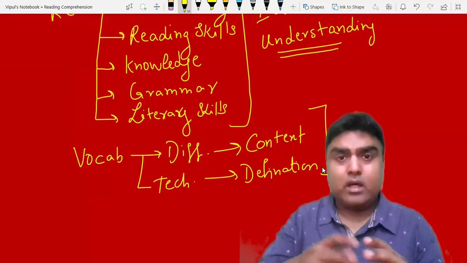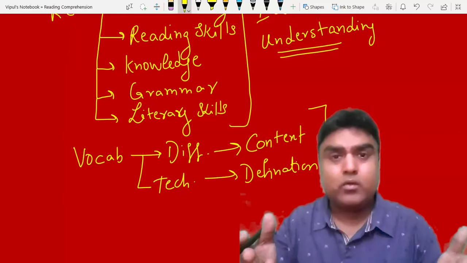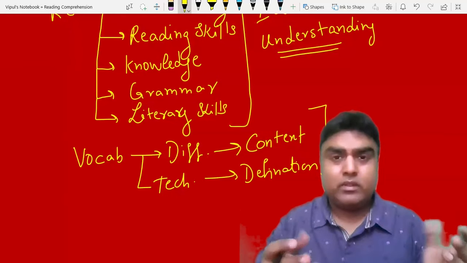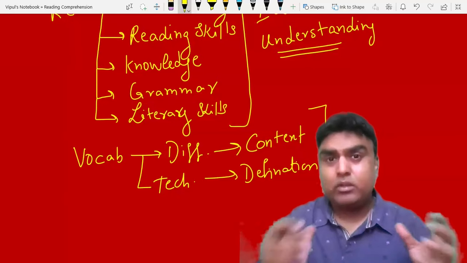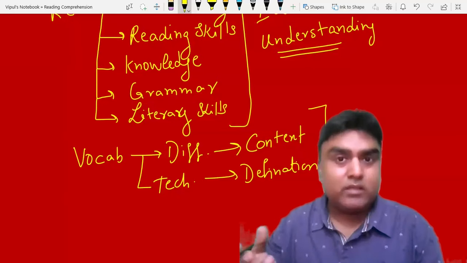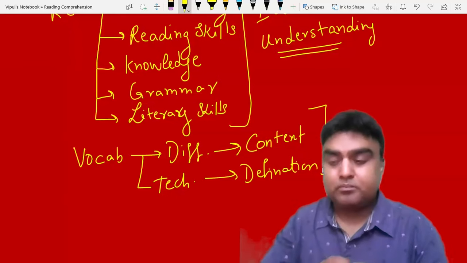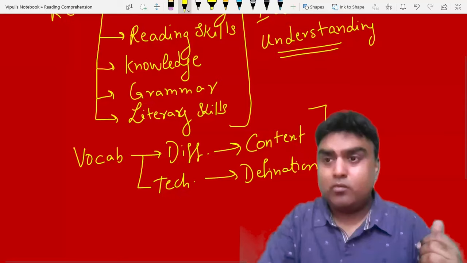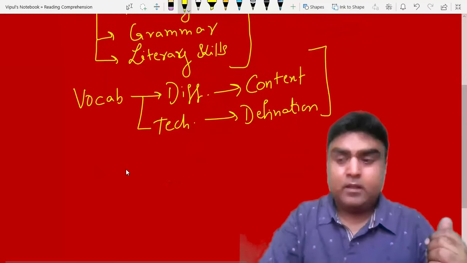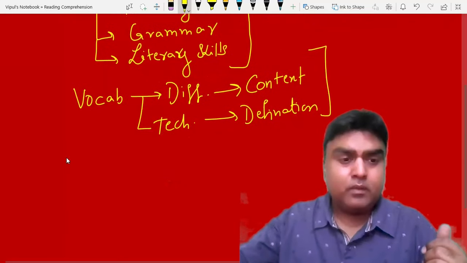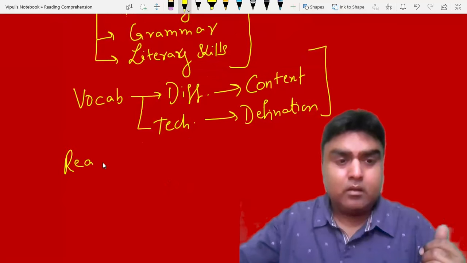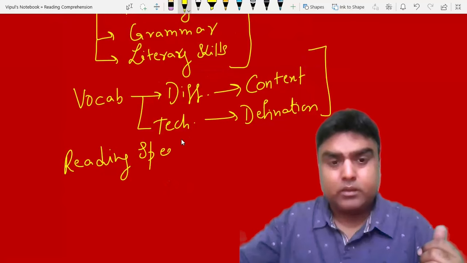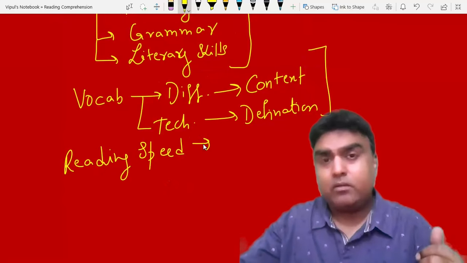What I will do is, after all these talks, I will take you to a paragraph or a comprehension. I will try to check whether in an IQ test, we need to know each and every word out of it. Now the second part we talked about was the reading skills. Now you may say, reading speed से तो मुझे फायदा होगा एक IQ test में. Actually, it doesn't help you.